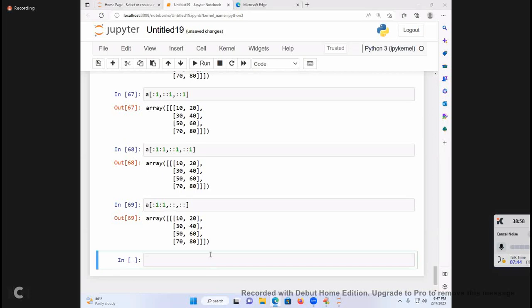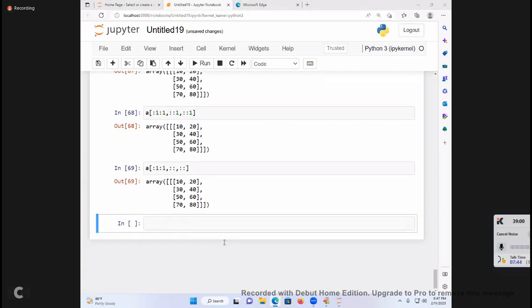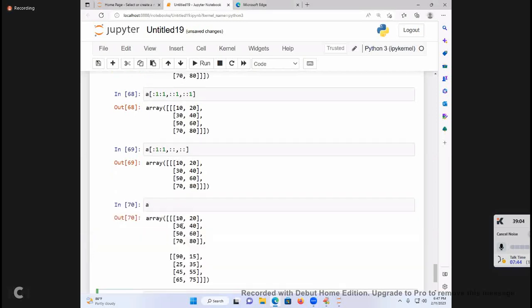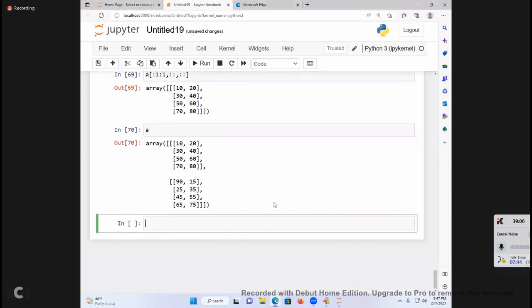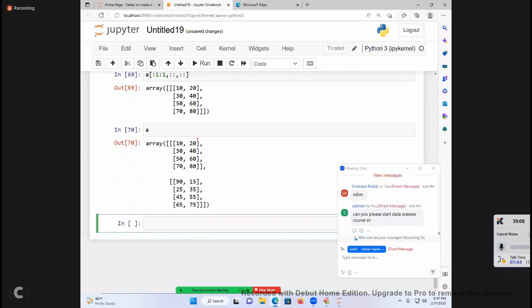Are you able to understand now? Very, very simple. Very, very easy. Now, next, print A. Now I want to go for little complicated. I want to print this data. Still not completed. Still it will be continued. Now 6:47. It will be continued. Still half an hour more. Because advanced indexing also I will tell you. Advanced index means random selection of elements. Tell me now. I want to go for selection of that.